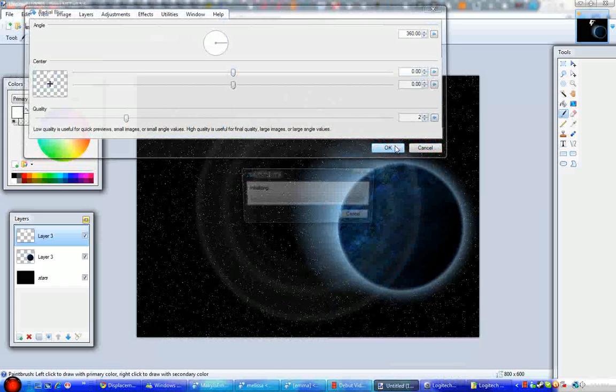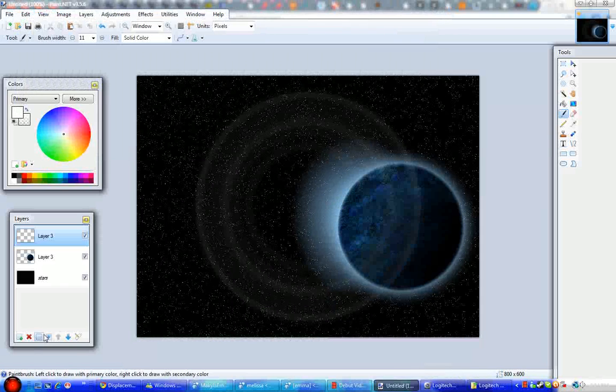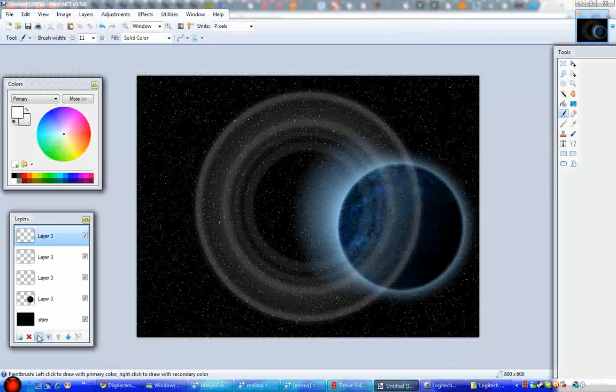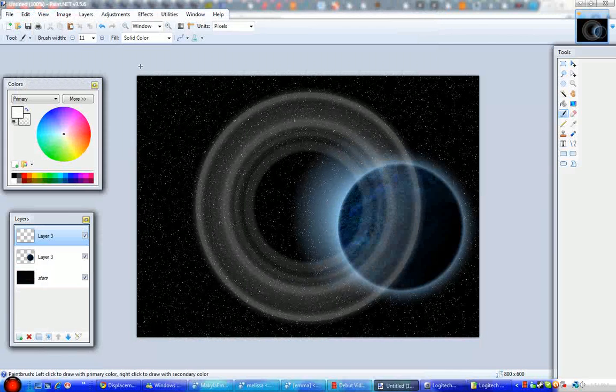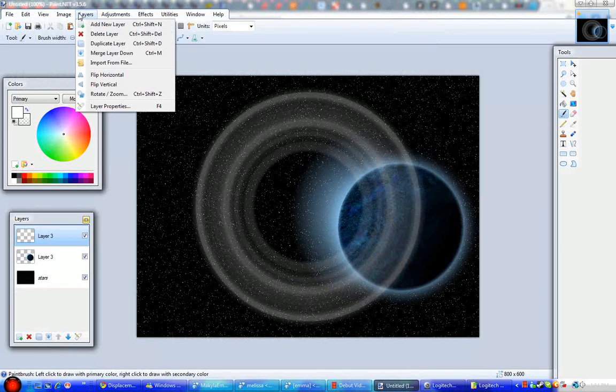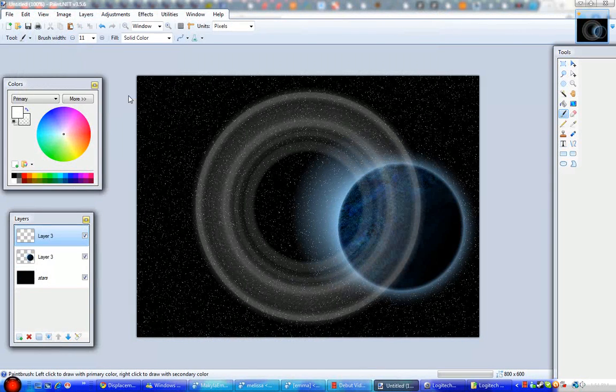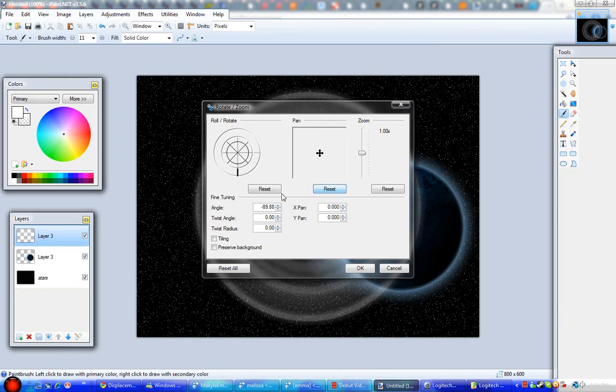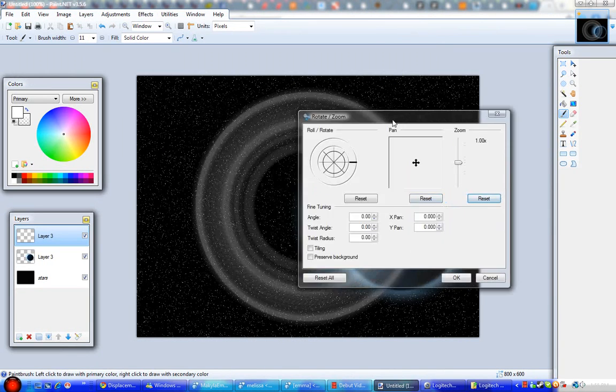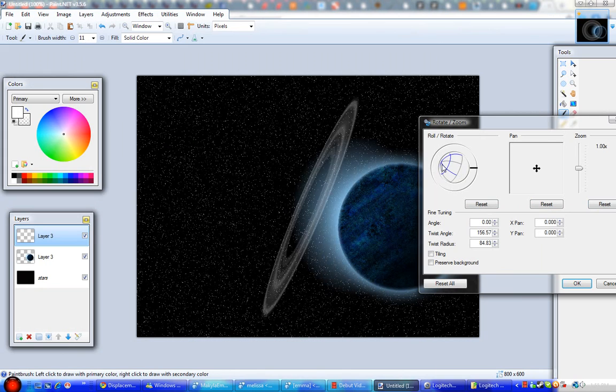And then you'll be left with a kind of faint ring. Just keep on duplicating the layer and it makes it brighter. And then once you've done that, merge those layers down, and you'll be left with your ring layer. After you've done that, go to rotate and zoom, and you can muck around with the ring